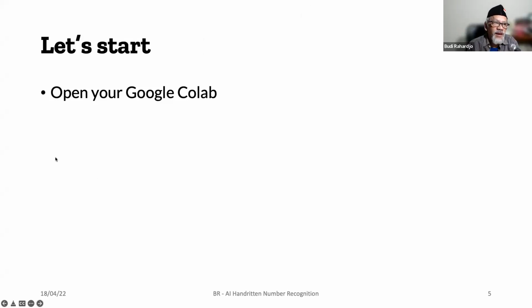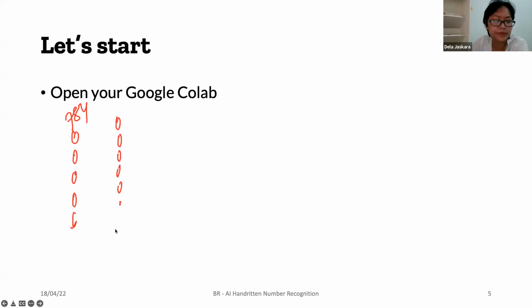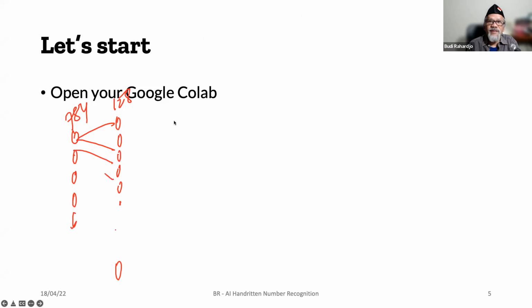Okay, kalau saya punya layer, ini kan ada layer input tadi ya. The first layer 784 nodes, right? And then the second layer 128, right? And then you have connection, this connection, right? And then second layer again 128, right?